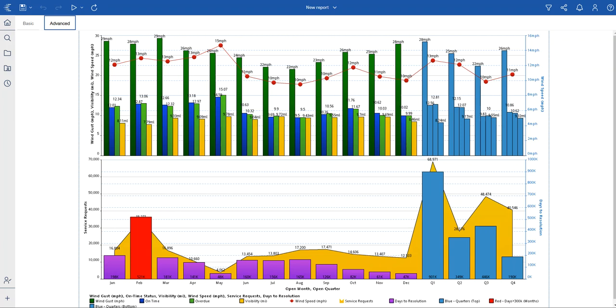On the left axis here, we can see the service requests and days to resolution. So there are 198 days to resolution, and you can see that January has over 16,804 service requests, and with the yellow line you can see the trends with the number of service requests per month and even per quarter as well. This is very neat, and I would say easy to understand, although it is an advanced report. I think it's pretty easy to read, analyze, and understand. Thank you.